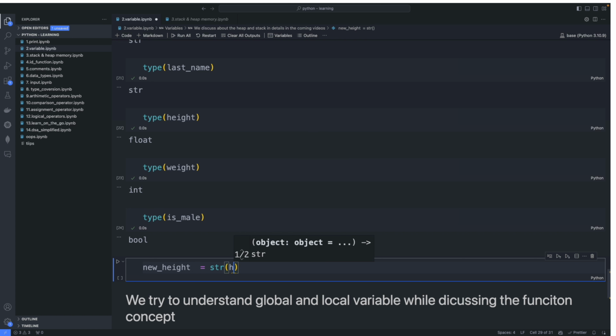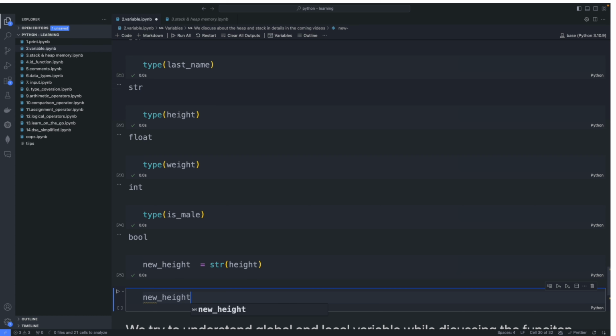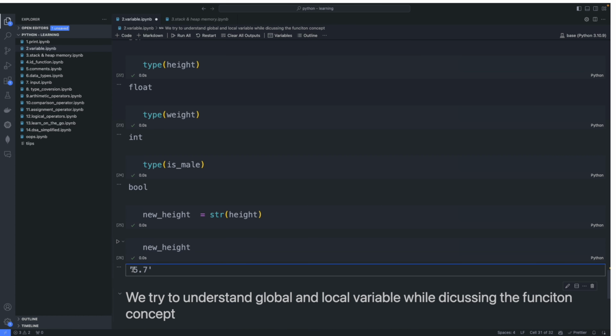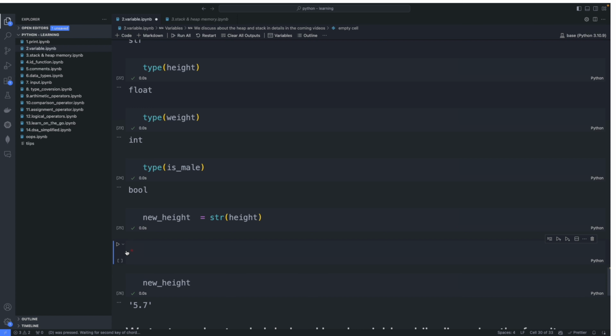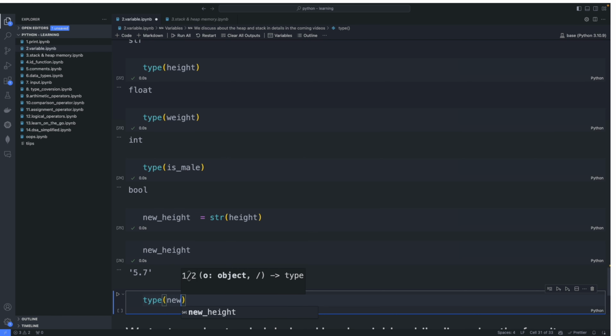Can you see whether it is converted? Yep, it created single quotation marks around your float, and if you check the new data type,